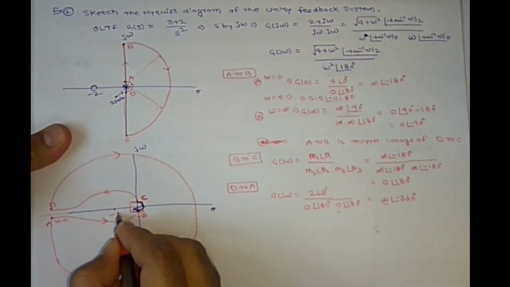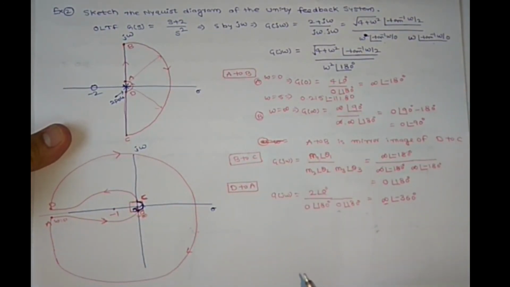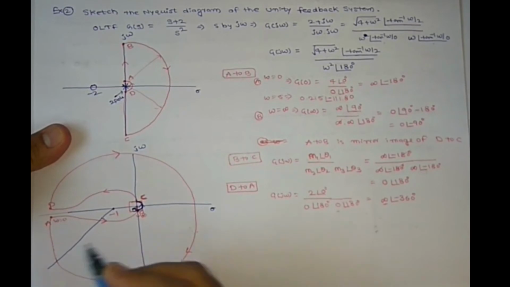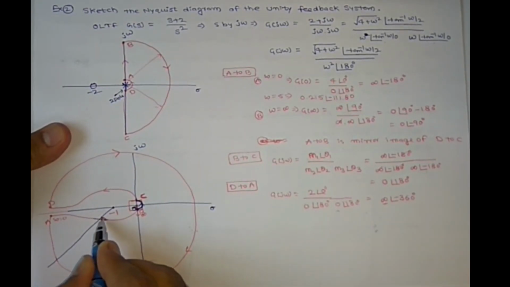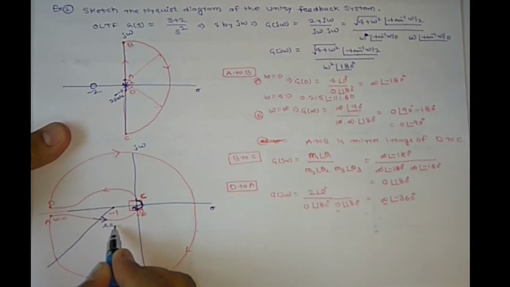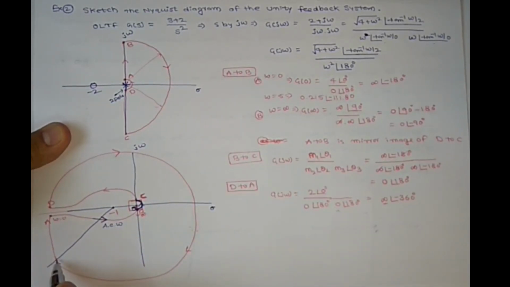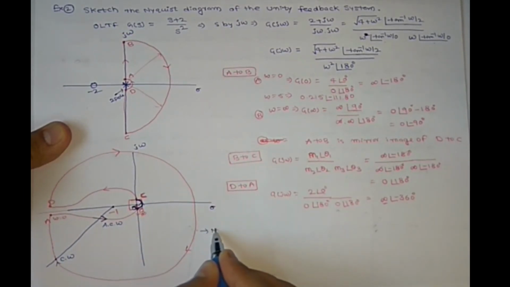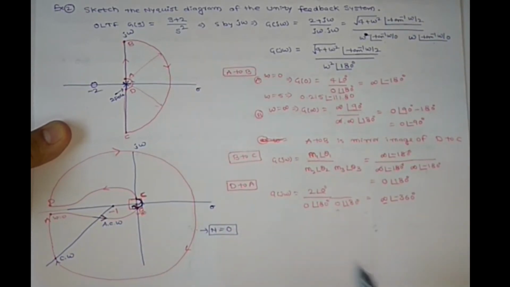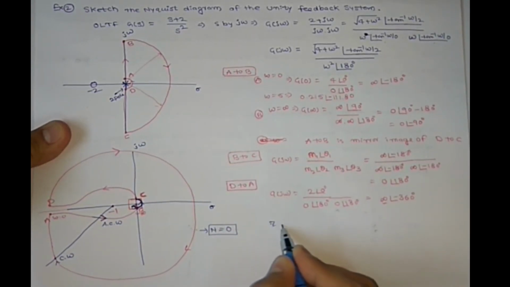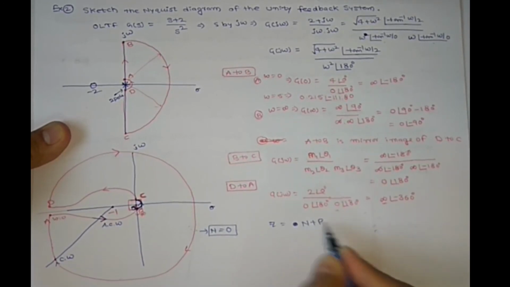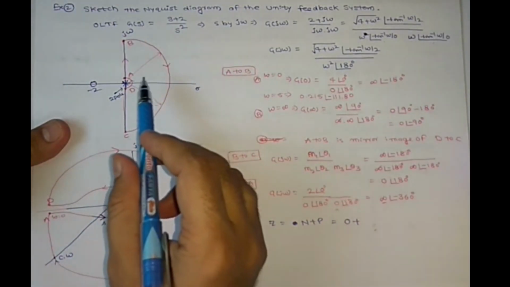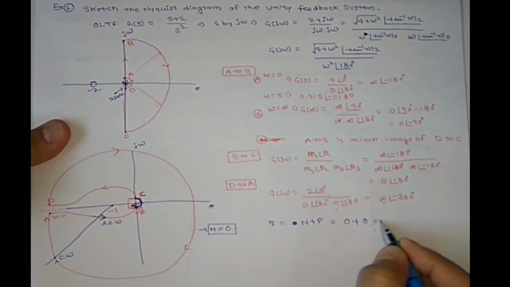Now our aim is to measure at -1 how many rotations we have. So here I will draw one test line. See, if you come here, this line is going anti-clockwise direction and this one is coming clockwise direction. So one anti-clockwise, one clockwise, net rotation is 0, N equal to 0. So we have Z equal to N plus P, right? Here N is 0 plus P. Are any poles there inside the contour? No, right? That is 0. That is Z equal to 0.